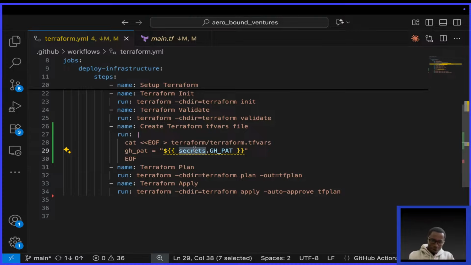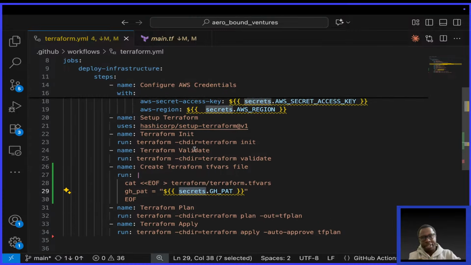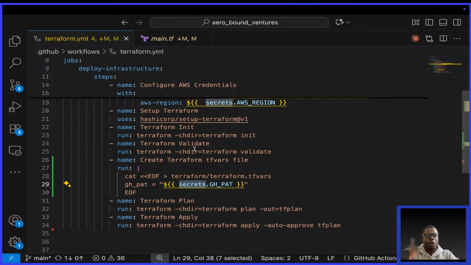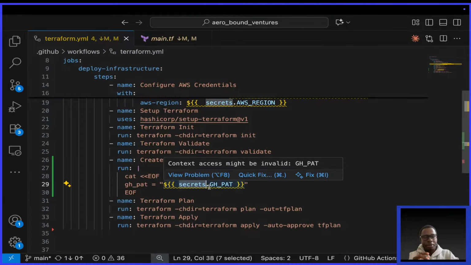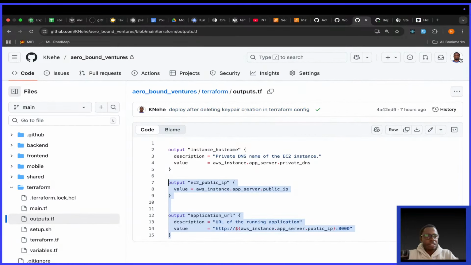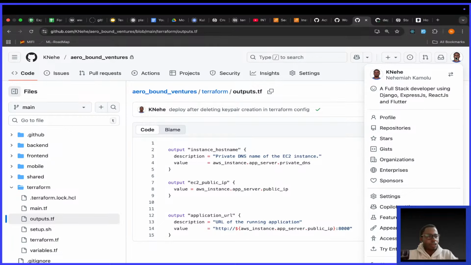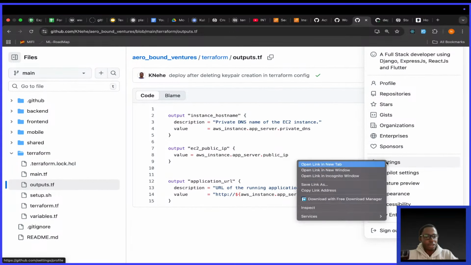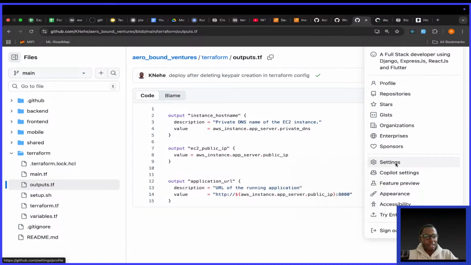Now, where do you store these secrets? You store these secrets on GitHub. Remember this file here, this workflow file. And again, if you don't understand what this file is, please watch the previous videos. These secrets are stored on GitHub. Where are they stored? Let me show you. On your GitHub account, if you go to your profile, click on your profile picture like this, scroll and go to settings. If I click settings like this,